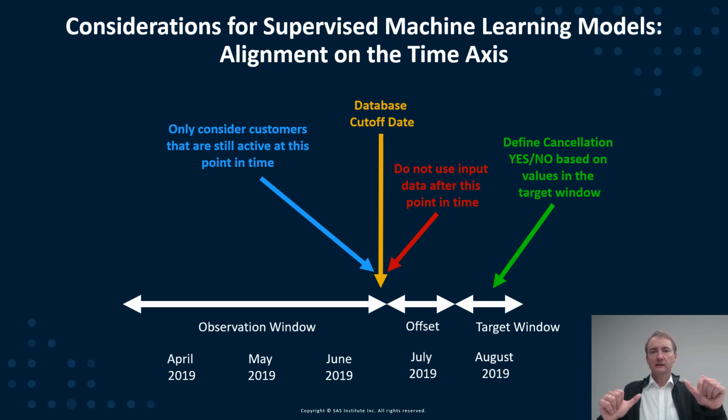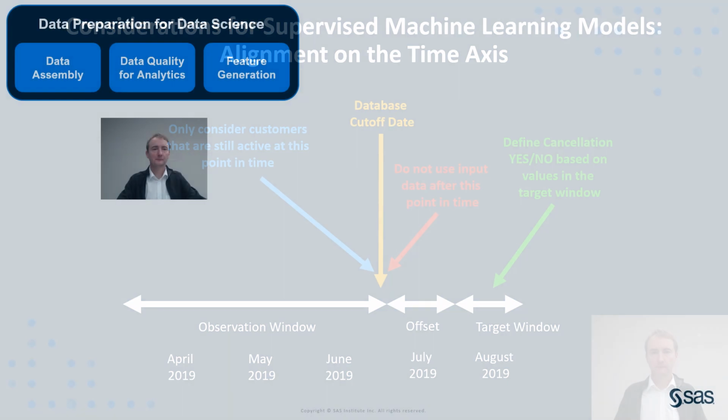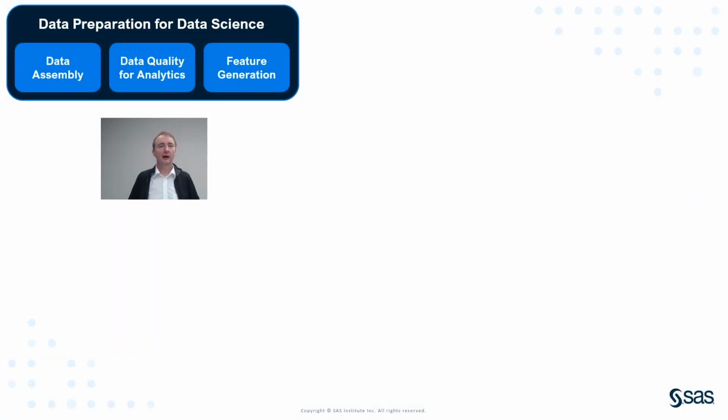And it is always a combination of technical things, of joining data, where clauses, derived variables, but also business considerations and making sure what is the proper allocation of records and observations to your analysis data mart or not. With this example, I wanted to highlight that as part of data preparation for data science, data assembly is a very important thing. But it is not only technical, but also has lots of business considerations. And data assembly is, of course, not the only topic here.